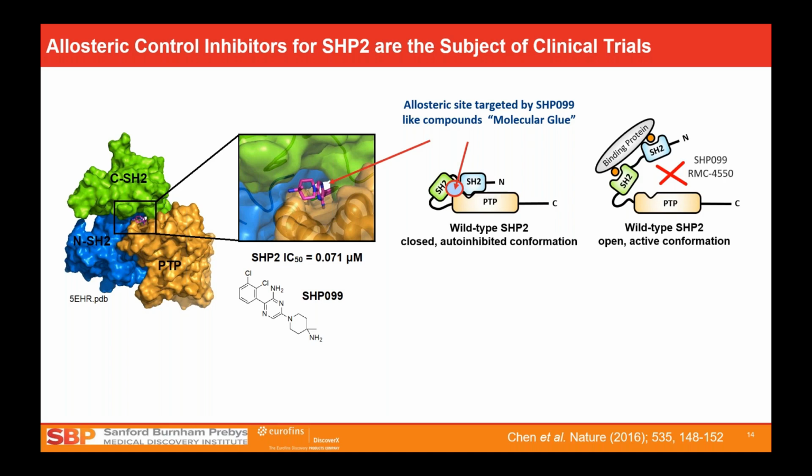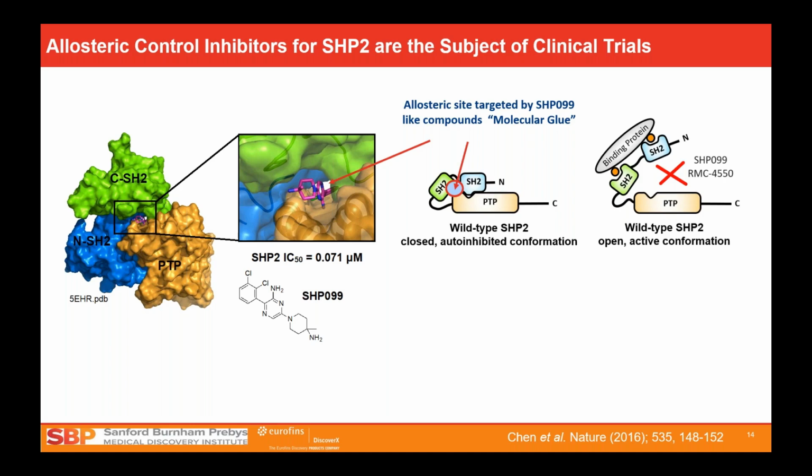So on the left-hand side, we have the crystal structure of SHP2 in a bound form. I have indicated in blue and then in green the first and second SH2 domain, and then the PTP domain in orange. And the catalytic site is actually wedged between the PTP domain and the SH2, so literally blocking it. So a compound was identified by Novartis several years back,